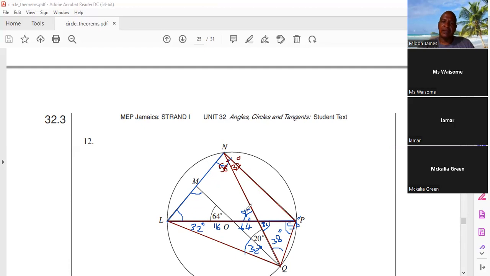So we know that this is 84, this is 58. So if you take this big triangle here, if you take all of this as a triangle, this is 82. So 82 plus the 58 plus this angle must give you 180. So if you call this theta, you could say theta is equal to